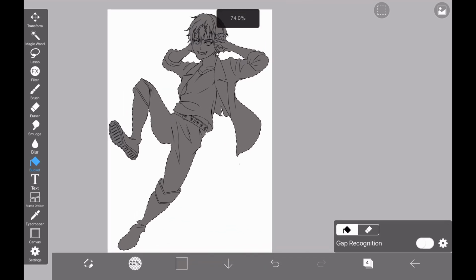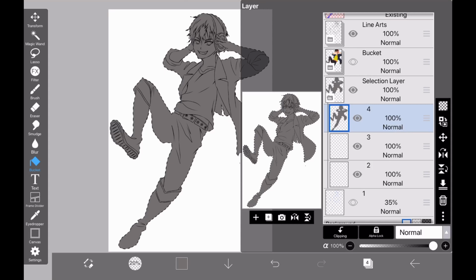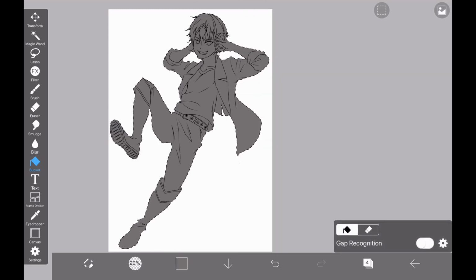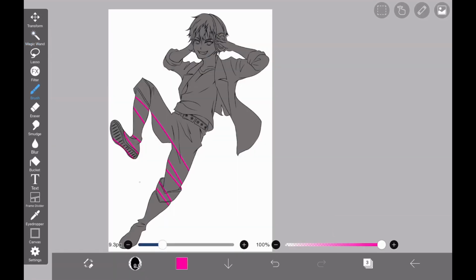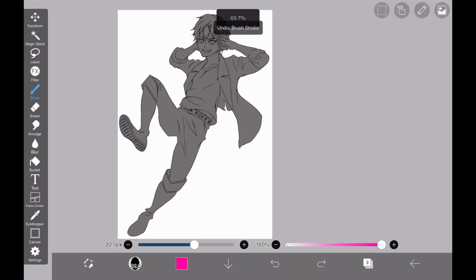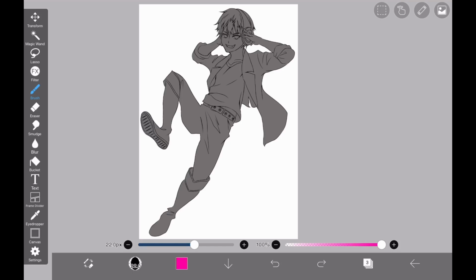Create a new layer on top of the layer painted in that color and clip it. If you don't know how to clip layers, please check the related video on how to use clipping in the upper right. Even if I try painting a different color on the clipped layer, the color will not stick out of the illustration, right? This kind of usage can be done with selection layer, so it is very convenient when painting.